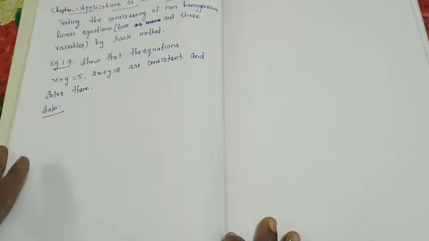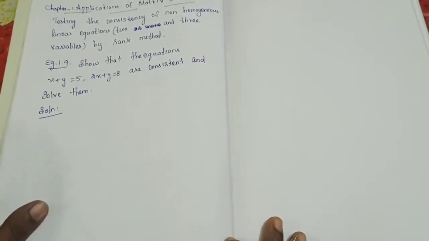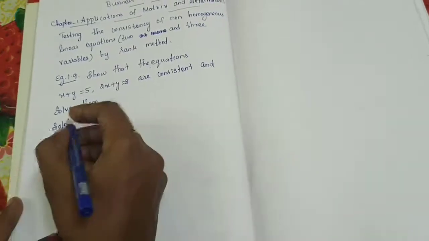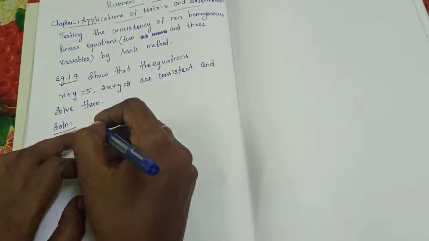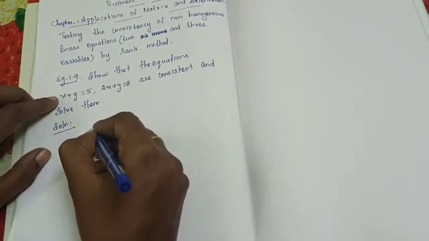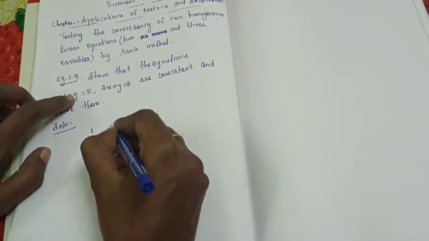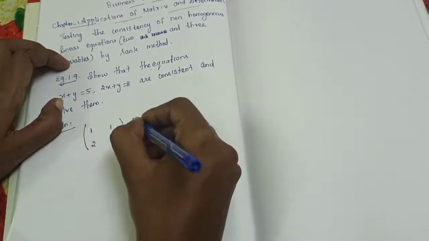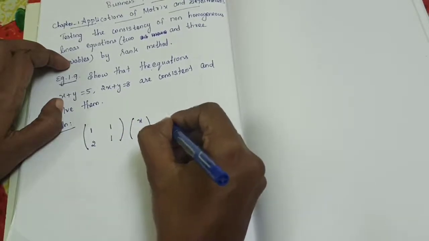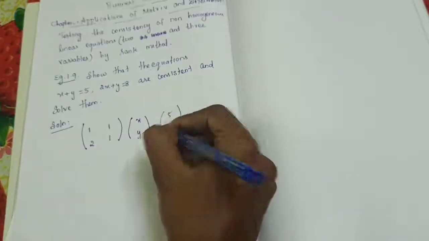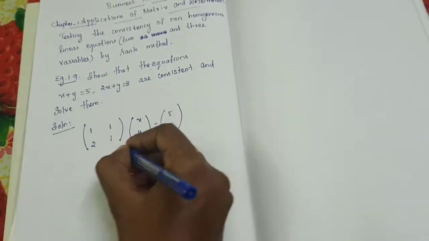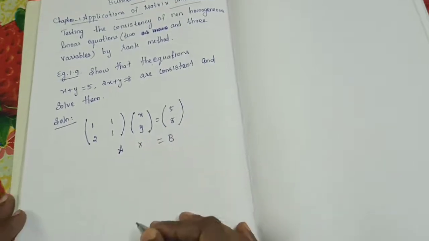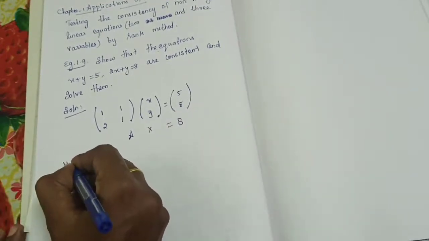Okay, so first we need to write this particular system in the form of Ax is equal to b. Okay, so solution, how will you write it in the form of Ax equal to b? You know, is it right? What's the coefficient of x here? 1, y 1, then 2, 1. Is it right? That is A, then x y is equal to 5, 8. This you already know, last year we have learned. Now also I explain. Now this is in the form of Ax is equal to b. Correct? Okay. Next we are going to find out separately.